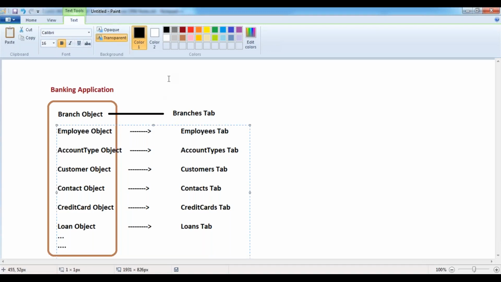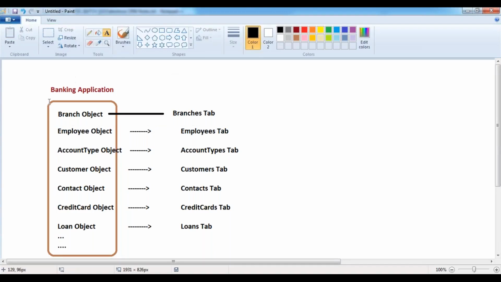So by using all these tabs, we can manage our banking related information: branches information, employees information, account types information, customers information, contacts information, credit cards information, loans information, transactions information, everything. To manage this information, we are going to be using these user interfaces, which are nothing but the tabs.